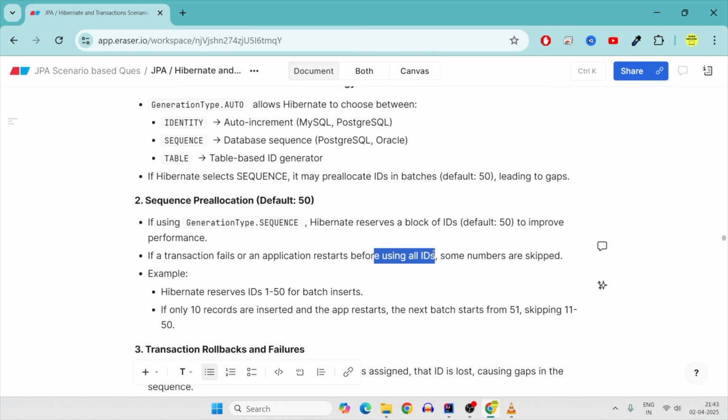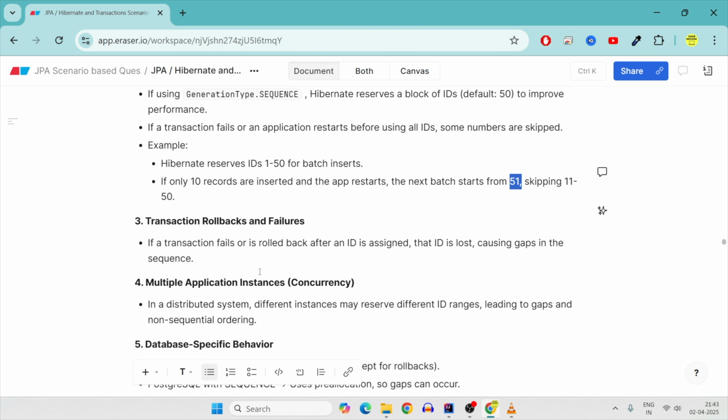It starts from 51. So Hibernate has reserved 1 to 50 for the batch insert, but for any reason, your transaction fails, rolls back, or the application restarts, then it will start from 51, skipping all the other numbers. So what you can see is a few of your records are 1, 2, 3, 4, 5, and then 51, 52, 53, 54, which is a bad user experience.